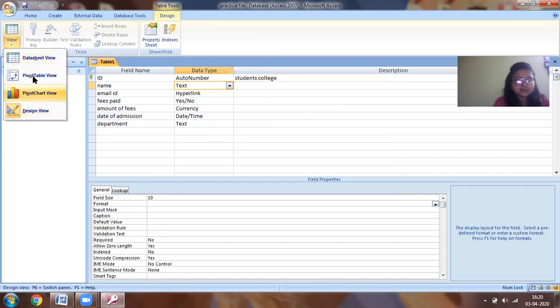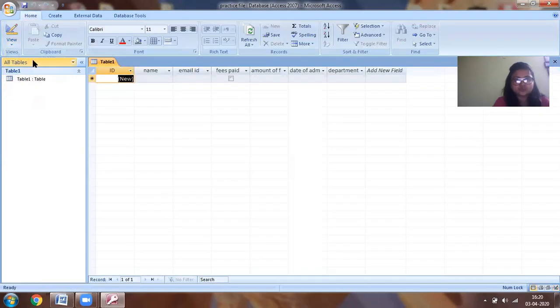Once you do all this, you'll save your table and then go to datasheet view. Once you go to datasheet view, you can see that all the field names are provided here. ID number I do not need to provide. Name, probably I'll give as Aman. Email ID as gmail.com. Fees as paid.